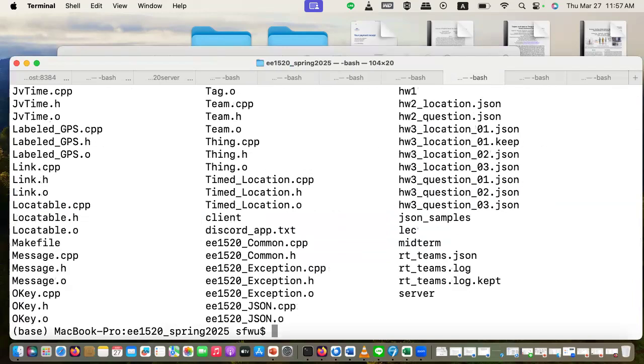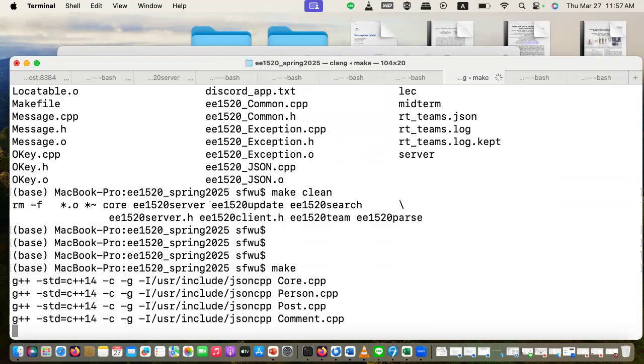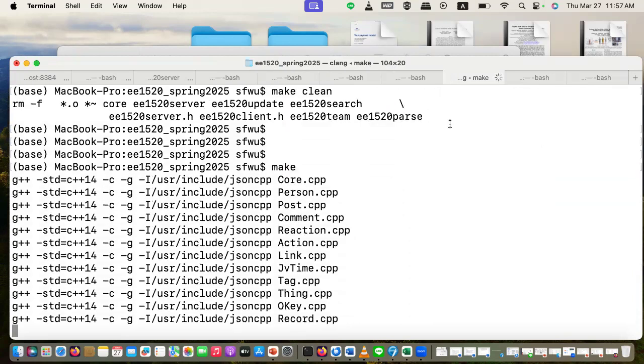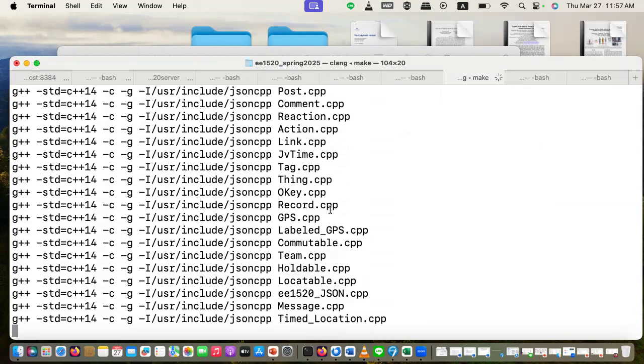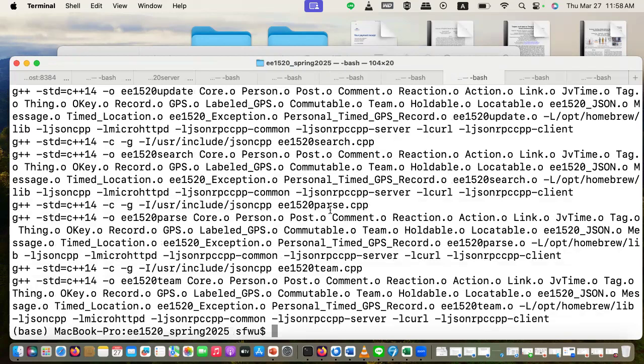This is a directory. If I do a make clean, and if I do a make, you should be able to see there are lots of classes being compiled. And lots of programs such as the server, search engine, and everything are compiled. And it's not that complicated.